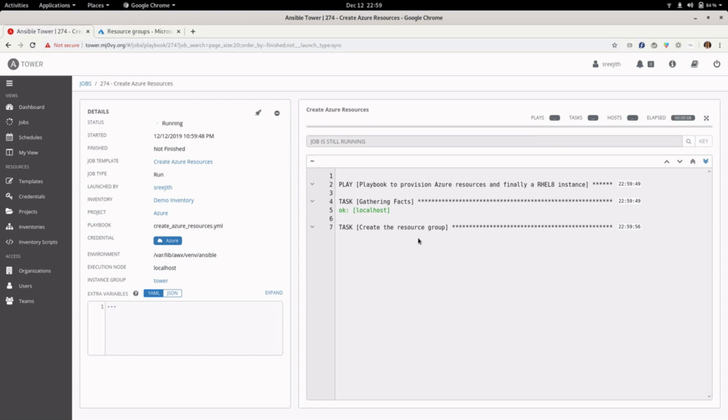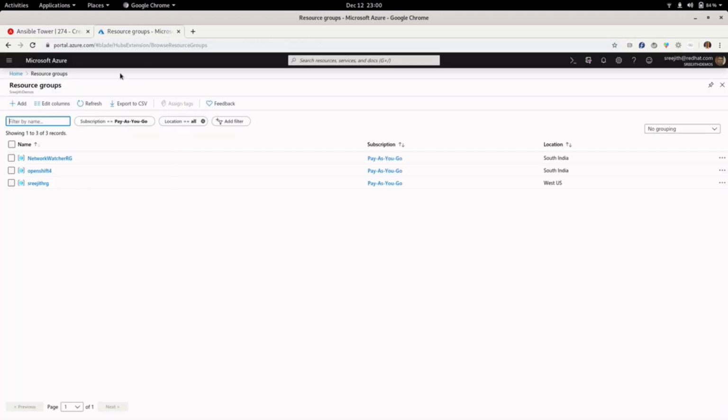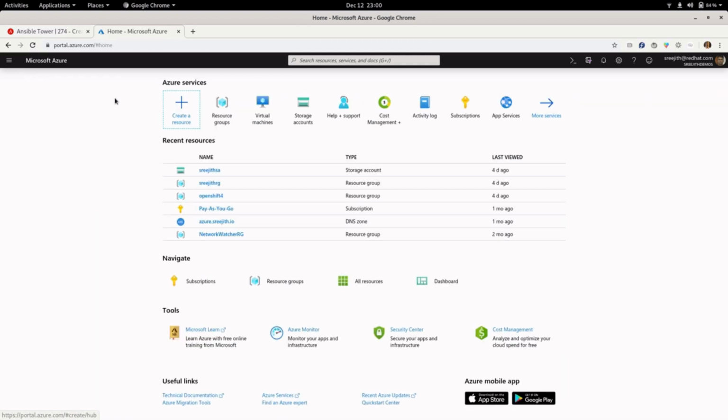I don't have the resource group Ansible RHEL RG, and it is just being created. Let's just refresh here. Once we refresh here, you should actually be seeing the new resource group. It may take a couple of seconds before you can actually see the resource group.